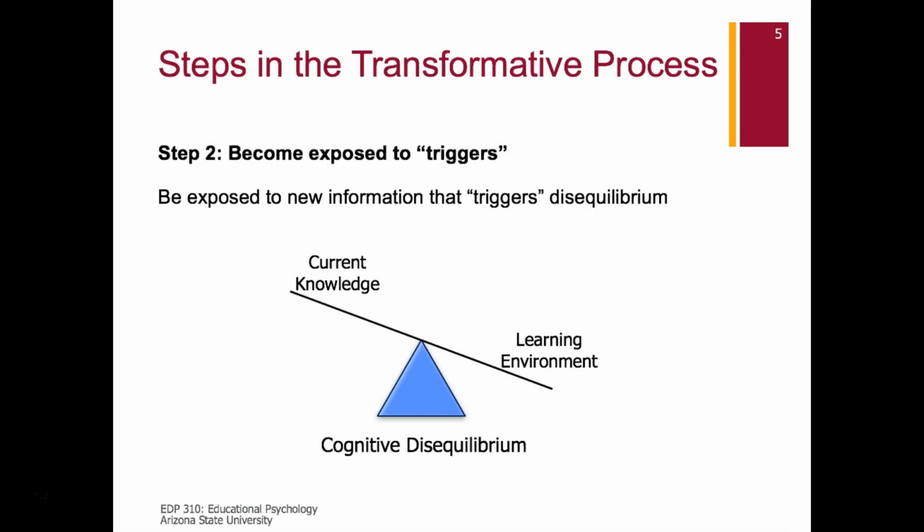But then, you encounter new information that does not match what you already know. In this course, you will be exposed to some information that may not match the knowledge that you have acquired in the past. These triggers are a necessary part of the transformative learning process. In other words, you will be thrown into what is called cognitive disequilibrium. This state can be challenging, but it will drive you to make sense of the new information because you want to get back to equilibrium again.